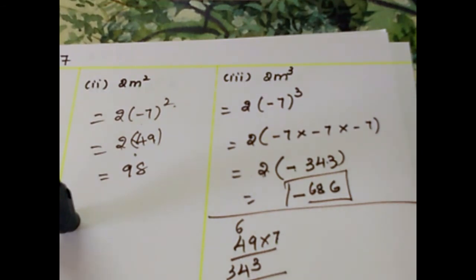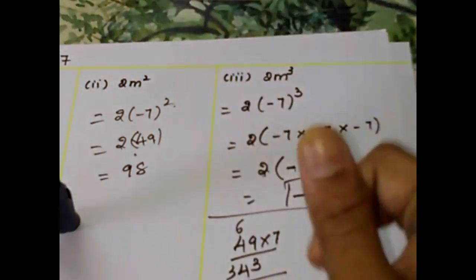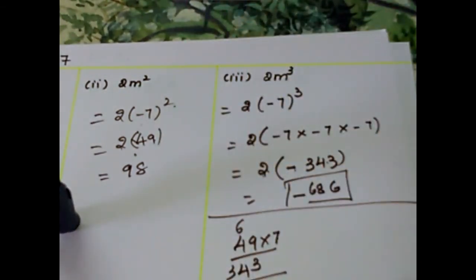In tomorrow's class we will continue with the same exercise. There you will have an expression with two variables, x and y, a and b, p and q, or x itself repeated 2 times or 3 times. Let's discuss that tomorrow. Go through the video, children. After 4 or 5 problems, pause, do it, then cross check.